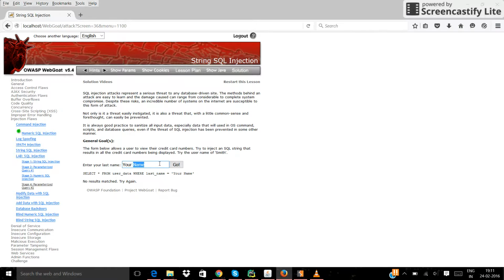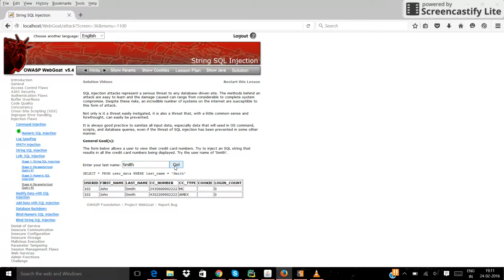In string SQL injection, we can view the profile of anybody by just entering Smith. Sorry, not the profile, but all the account numbers which exist for that particular person. So here we have got the account numbers for Smith. Now, if we want to see the accounts of all the people which exist in this table, for that we will be